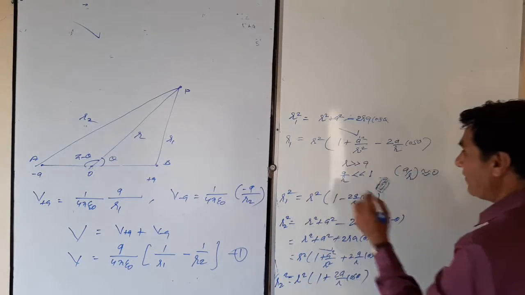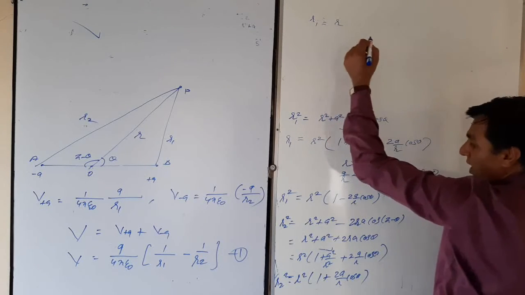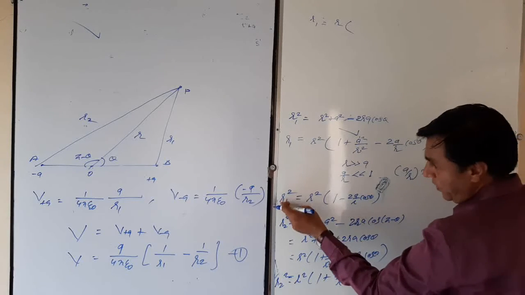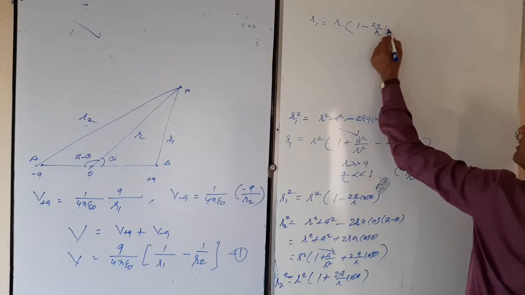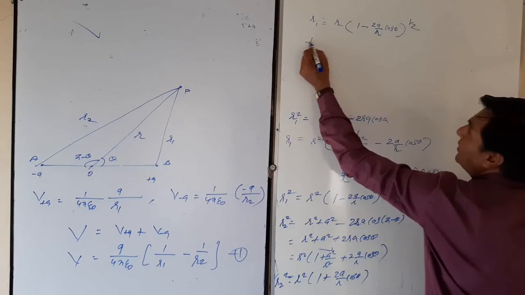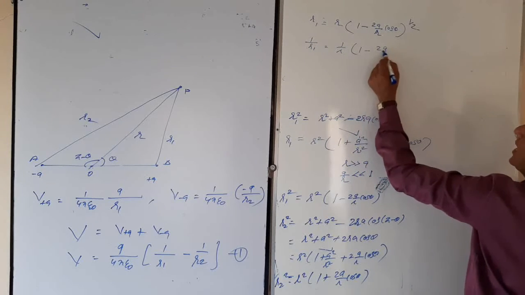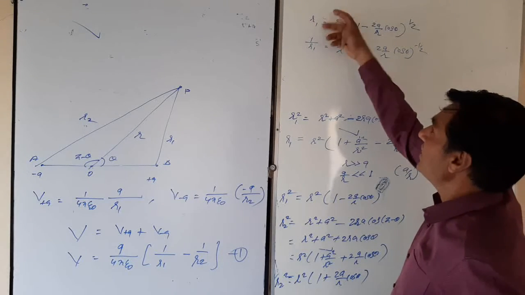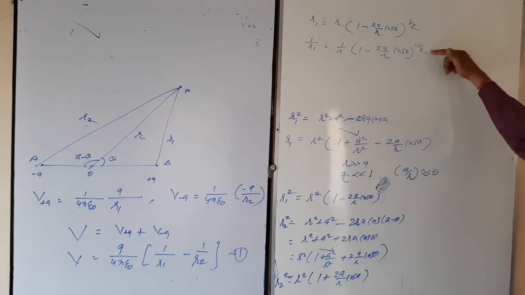Yes, it is r1 square. So only r square, yeah, r1 square is equal to r square. I am leaving r1. So r1 is r times (1 minus 2a by r cos theta) to the power half. Clear? So 1 by r1 equals 1 by r, (1 minus 2a by r cos theta) to the power minus half, because I have taken the inverse.